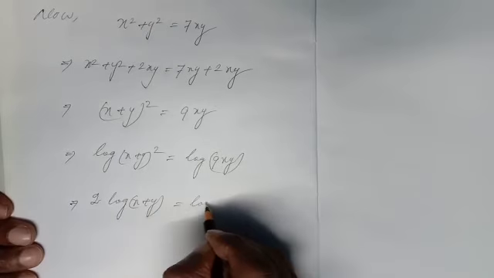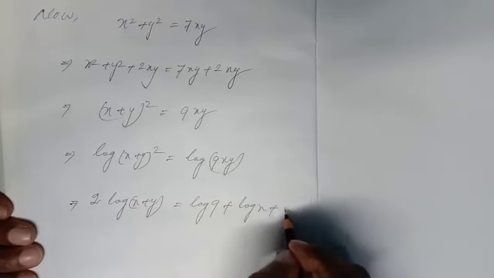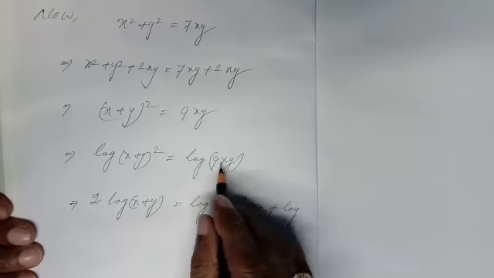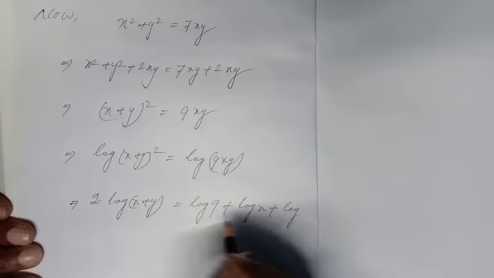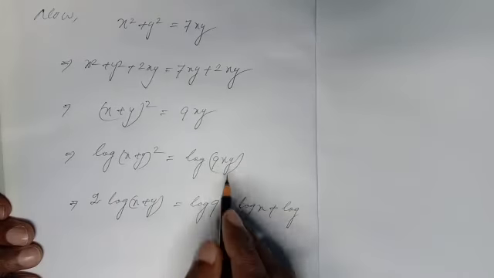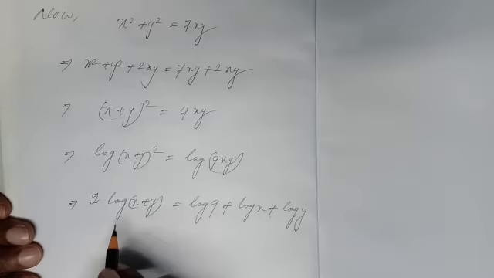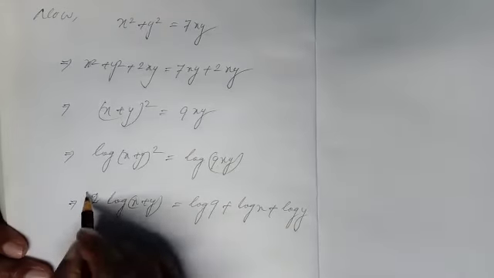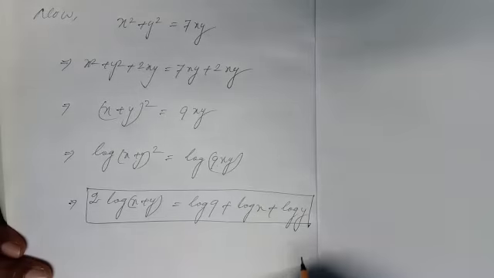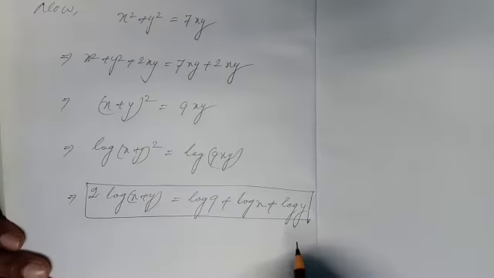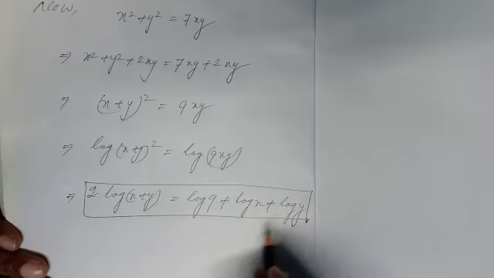and this will be log 9 plus log x plus log y, as it is given multiplication. 9 into x into y, that is log 9, as per the logarithm properties of multiplication, you have to add: log 9 plus log x plus log y. Now you see, you got or not? This is the way of proving the important question that I selected from the chapter logarithm. The first one is proved. 2 log (x plus y) is equal to log 9 plus log x plus log y, that is proved.